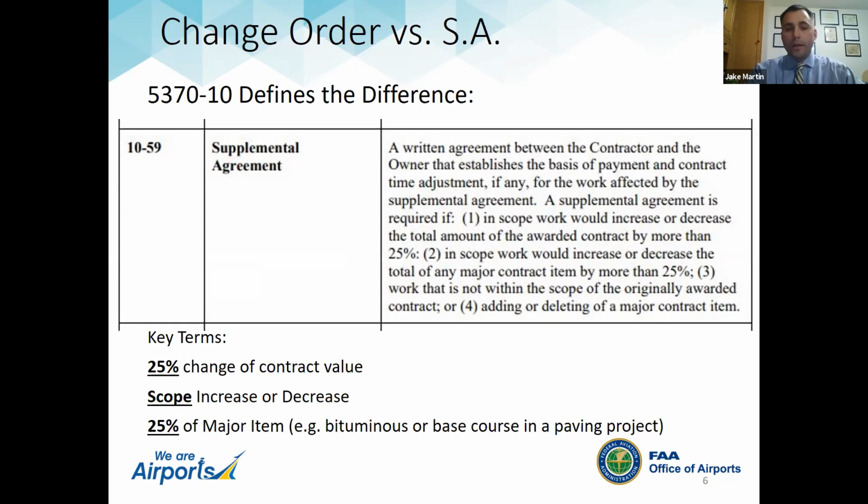Also, a scope increase or decrease would be a cause for shifting from a change order to a more formal supplemental agreement. And when the FAA talks about scope, it's more about a usable unit of work on the ground that's increasing or decreasing. So for example, let's say you're rehabilitating a 1,000 square yard apron, and a large corporate operator showed up in